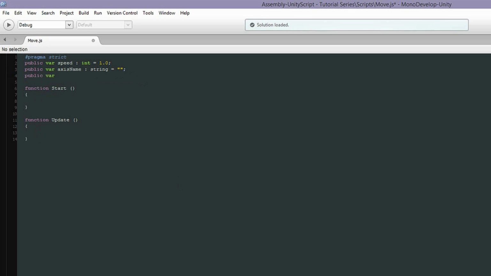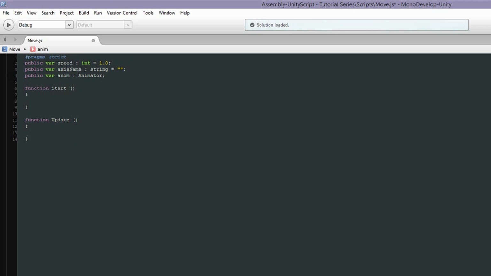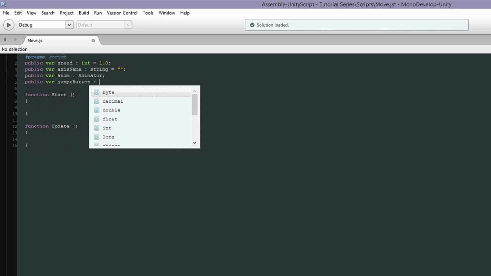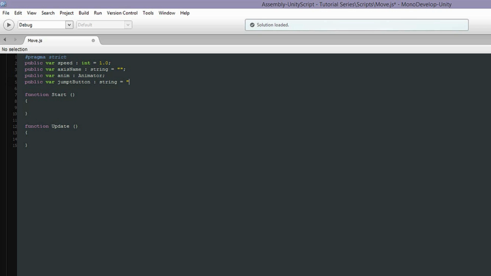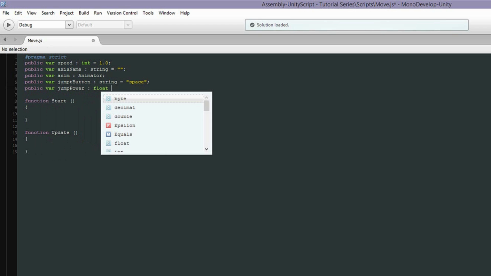Now, we're going to call this anim. And this is going to be animator. The animator is what's going to allow our character to animate. So we have to assign that object and tell the script to talk to that animation so we can actually have our character moving. It's going to be a jump button. And we'll make this space. Jump power, this is how high we want to jump. Let's say,